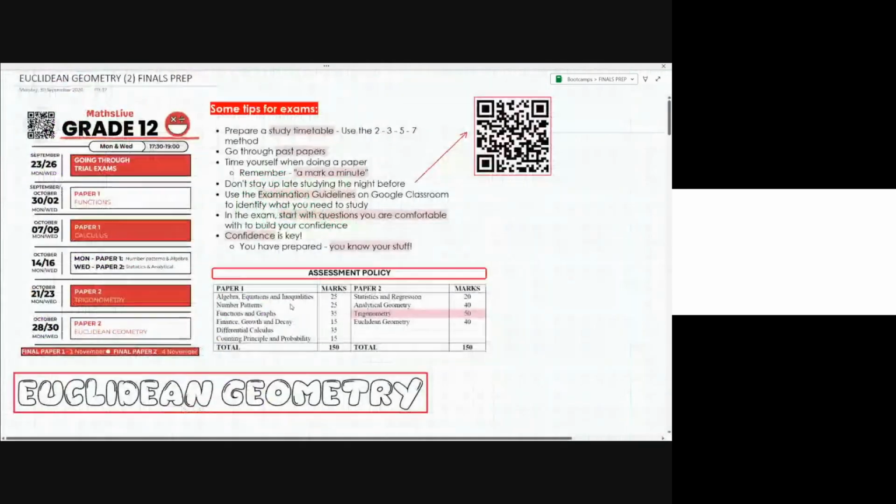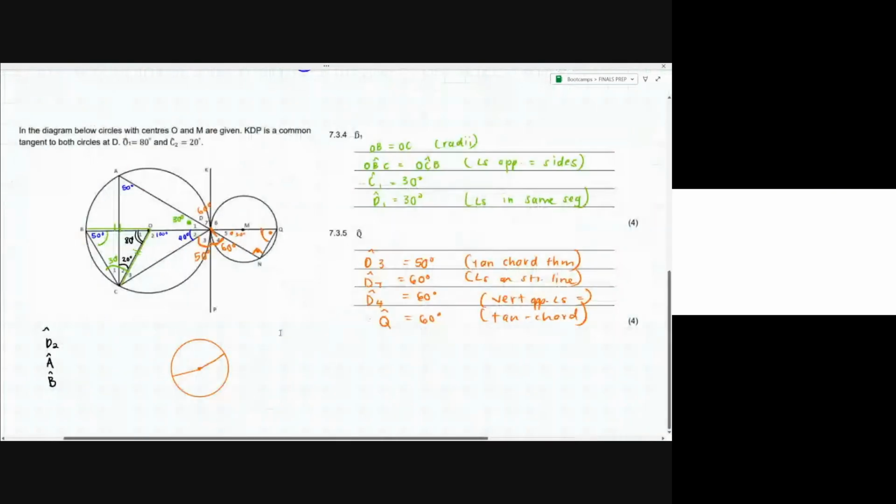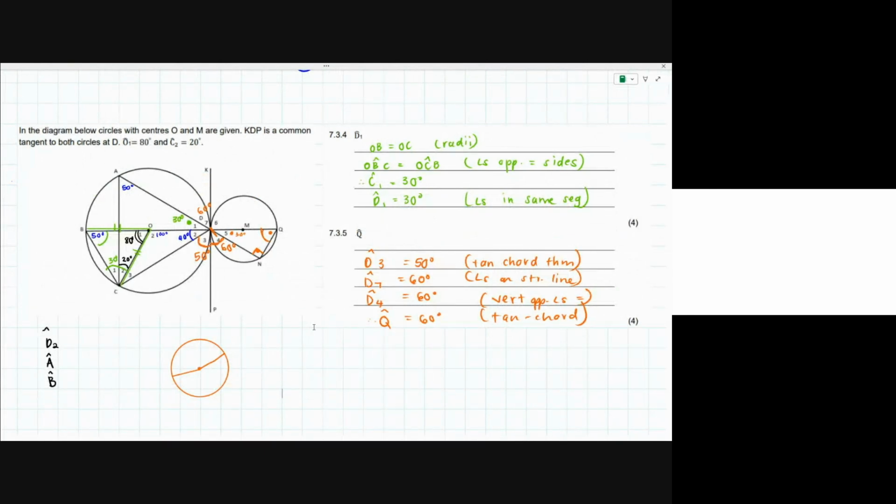don't panic. Just go back to your basics. Go back to what it is that you know. Go back to your double angles. Go back to your compound angles. Look out for those things. And remember that obviously it's grade 12 work, so we're going to test you a fair amount on compound and double angles. When it comes to Euclidean, kind of like what we were already talking about, use your diagrams,